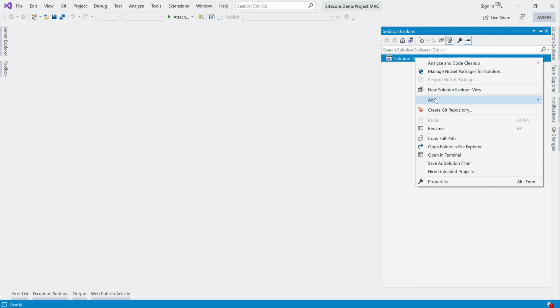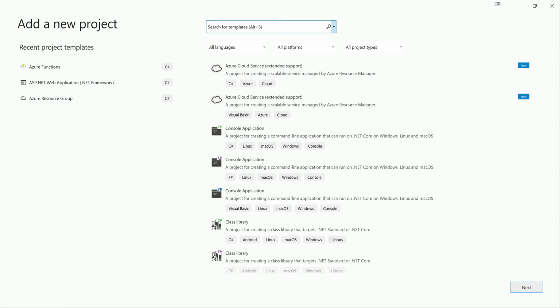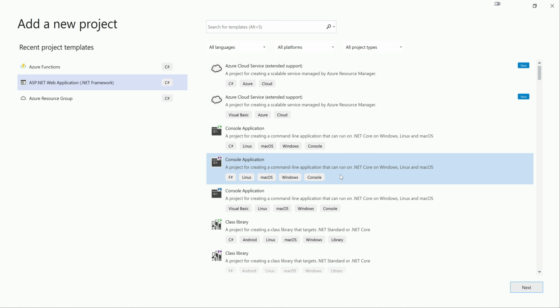New project, and yeah, I already have it here, but otherwise it's an ASP.NET web application and .NET framework. Remember, it's not .NET Core, it's .NET framework. And click on next.